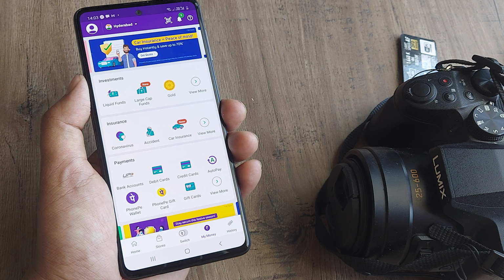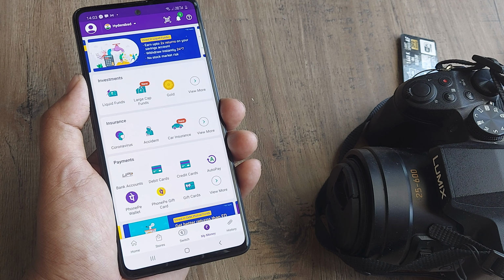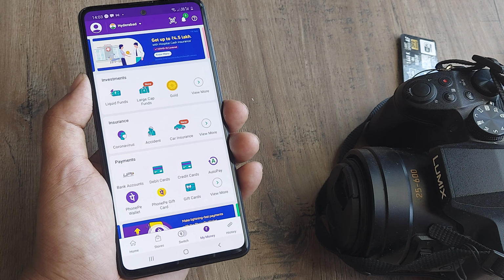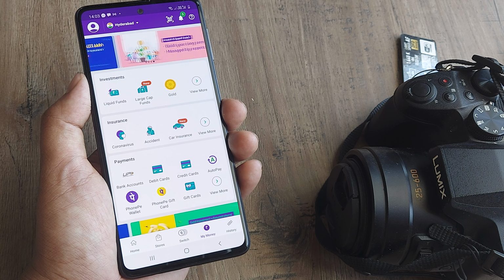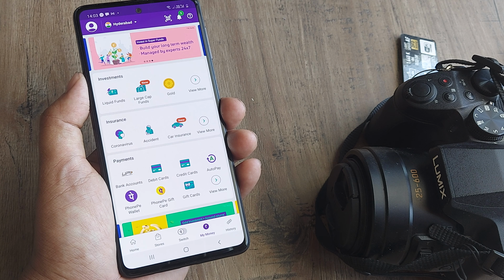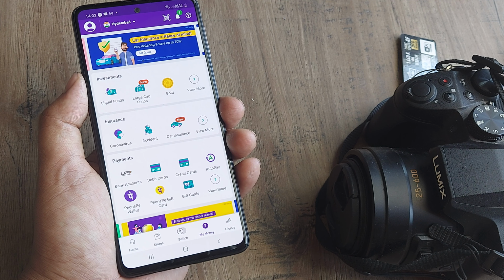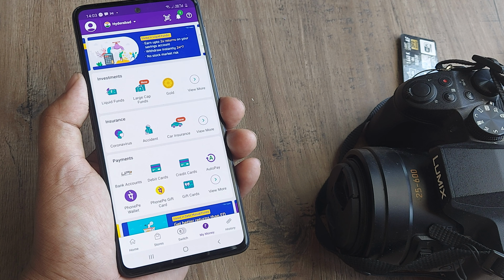Again, for a UPI pin, it doesn't work without an ATM card. So in case you don't have an ATM card, if you have to set a UPI pin, if you're adding the bank for the first time, you will need those ATM card details and the ATM pin. Don't worry whether it's safe or not. It's absolutely safe. You may even change the ATM pin later on. You don't need to change the UPI pin later on.